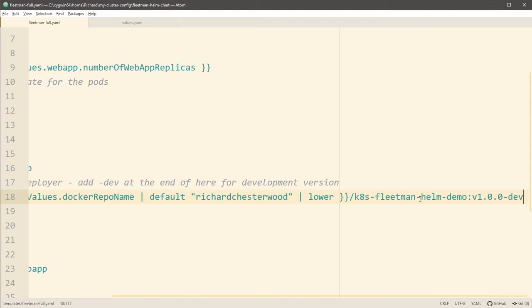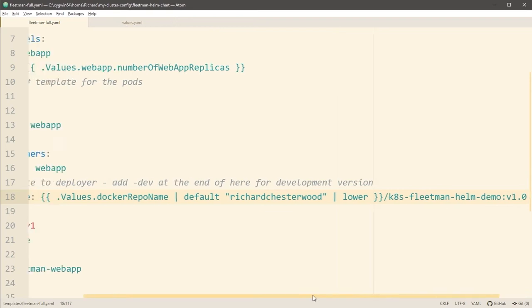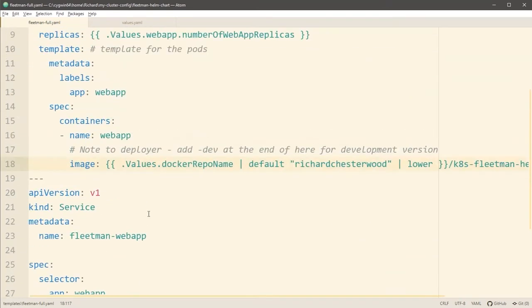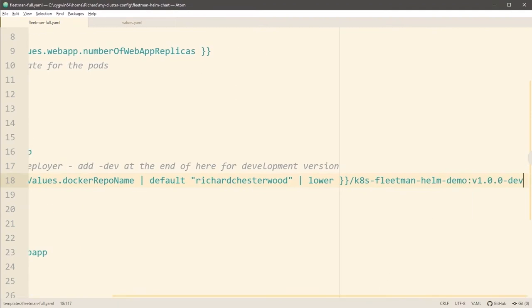However, the one big thing that is still a requirement, and we absolutely do have to achieve, is being able to switch from a development image to a production image by being able to set a simple value. Remember, we are working on a very cut down chart here. In practice, this development and production could appear in hundreds of different places in the chart. So it's definitely something we want to extract out and put into the values.yaml file. But based on what we've learned so far, we don't quite have enough information.